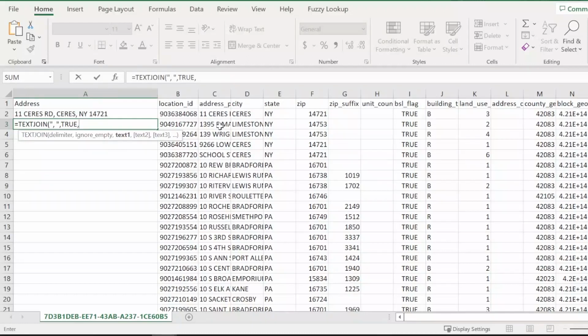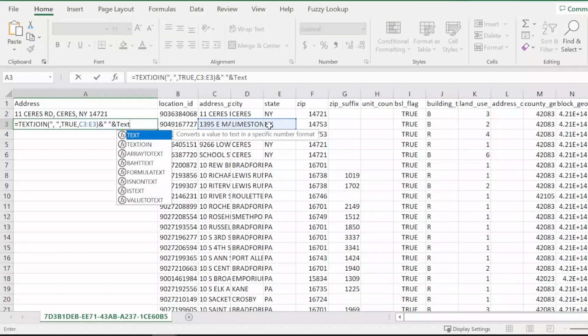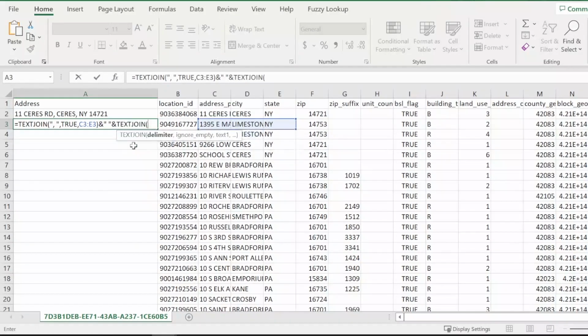The first step is to pull together the address primary, state, city, zip, and zip subtext fields associated with the Fabric location ID into a single column. This will make comparison to your existing list easier. Using the text join function, you can combine the text from multiple ranges and/or strings and include a specified delimiter between each text value. To use text join in the Fabric: